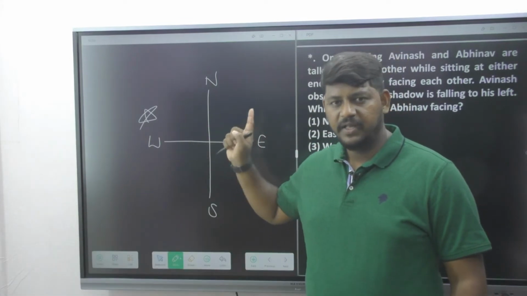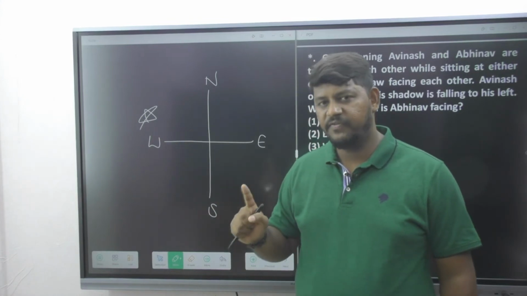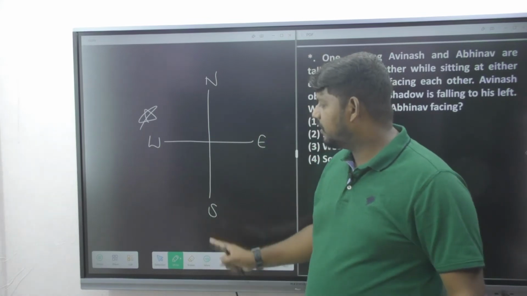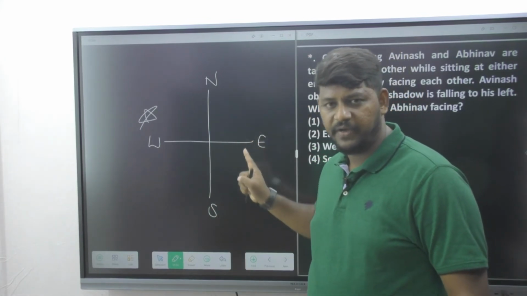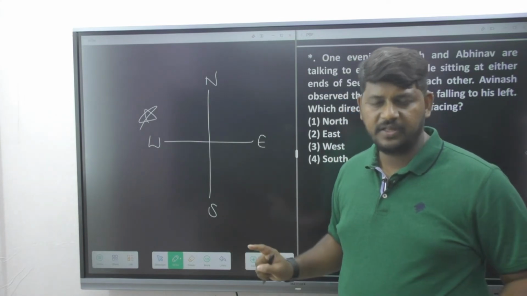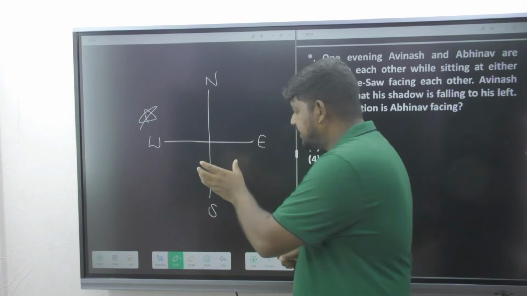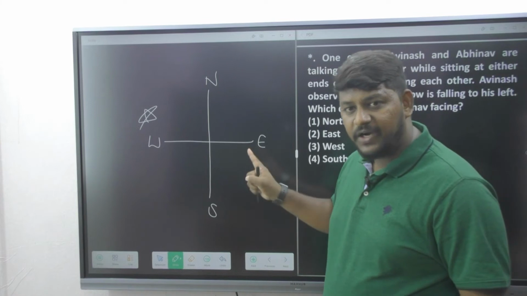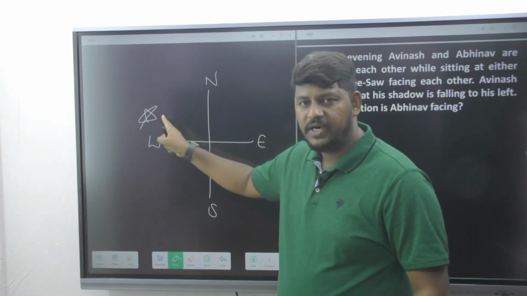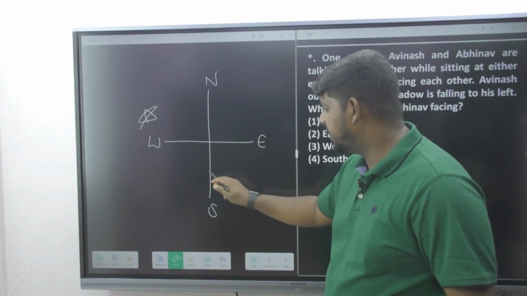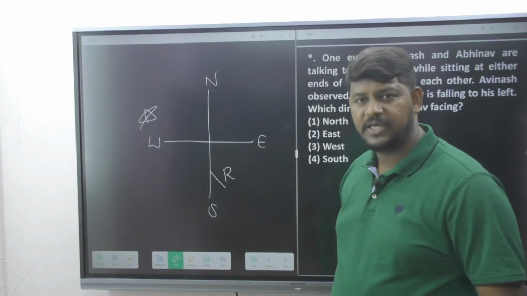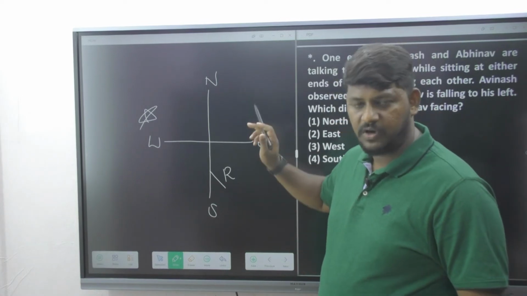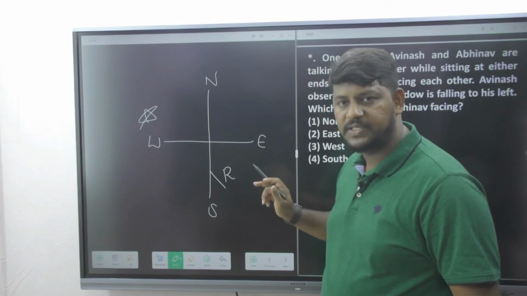Now it is very clear, I cannot allow the persons east and west, because when you allow the persons east and west, they are going to be looking at their shadows as front and back. But the question says their shadow is falling onto the left, so these two persons are definitely going to be at north and south only. We do not have any other option. Instead of placing where exactly Avinash or Abhinav is going to come, I told you very clearly, try to place the shadows. Now the sun is over here and the sun rays fall onto this person, so they are going to observe their shadow towards their right side. It means the person standing at south facing towards north is going to observe their shadow towards their right side.